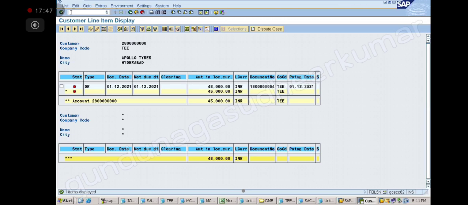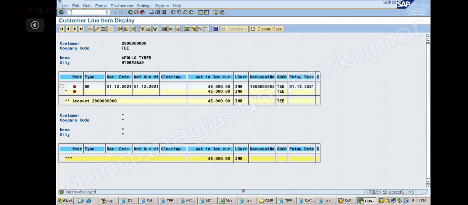Now suppose in that case, a very rare scenario, we are incurring bank charges for cancellation of the DD and other stuff. Suppose we are incurring the bank charges on a customer receipt. If the customer is paying the bank charges, no need to worry, it will not affect our account.